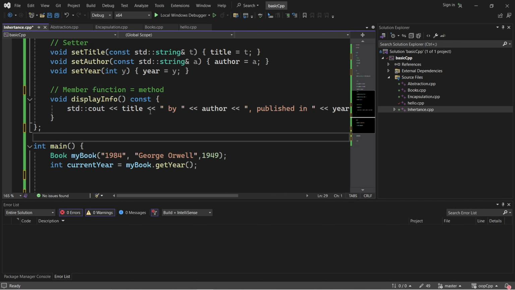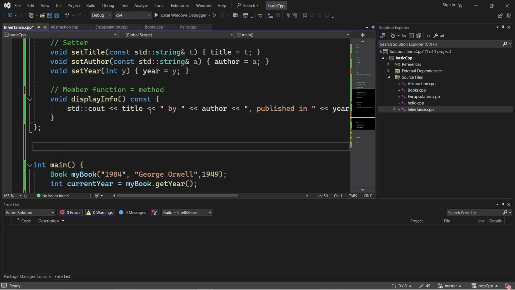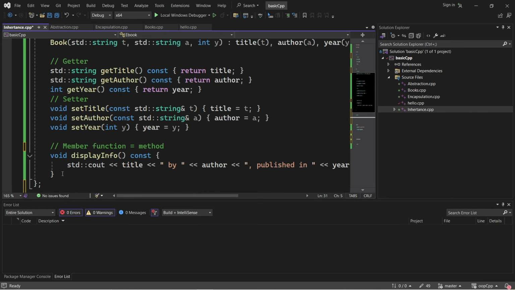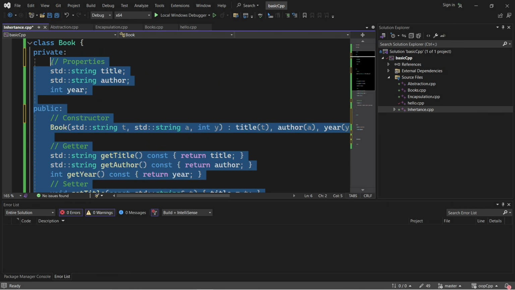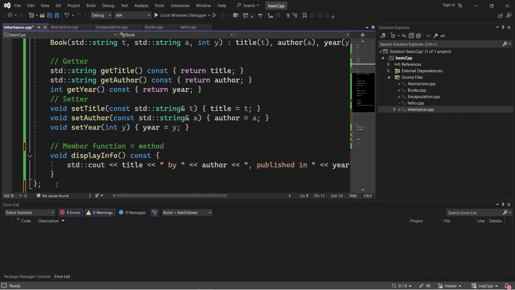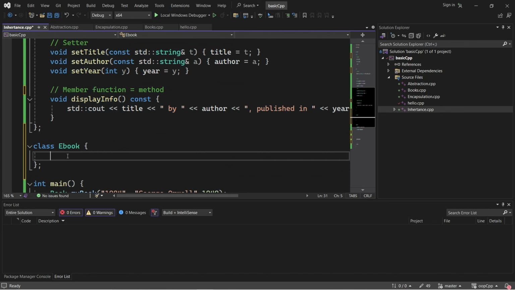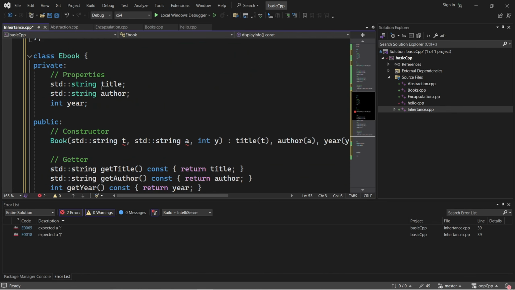So today we have another class, Ebook, and the Ebook also has the properties like the Book.